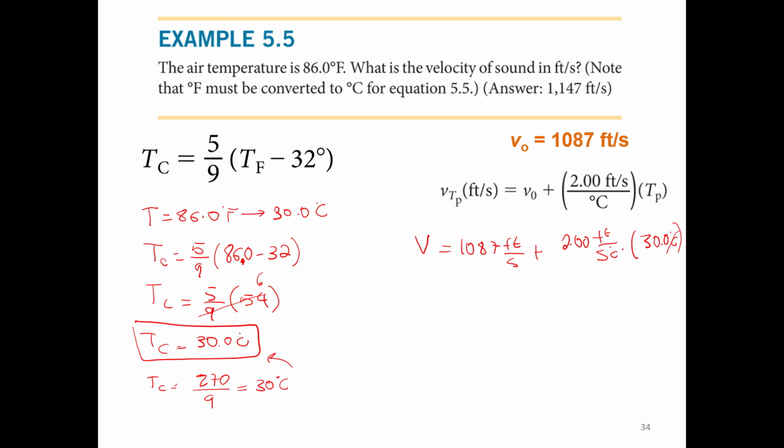Then we cancel out the temperature, and now we just multiply first, yes, and then we add. 2 times 30 is 60